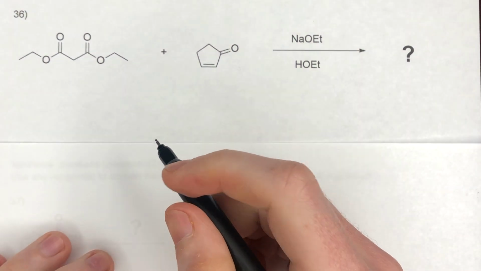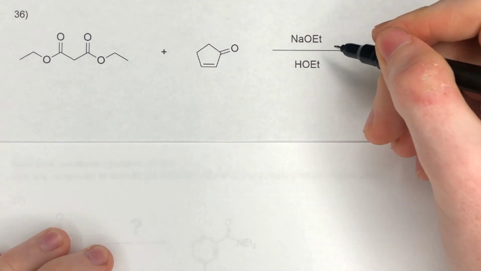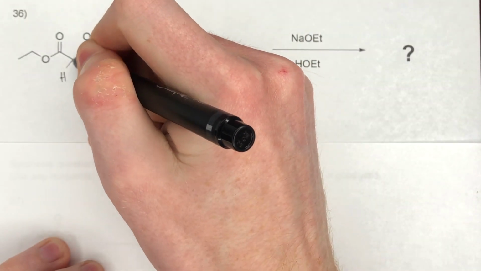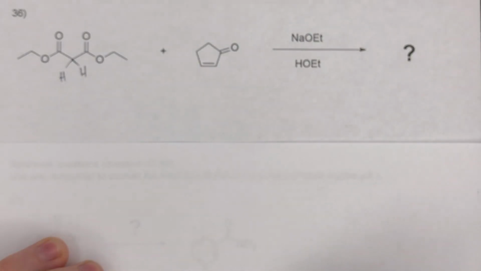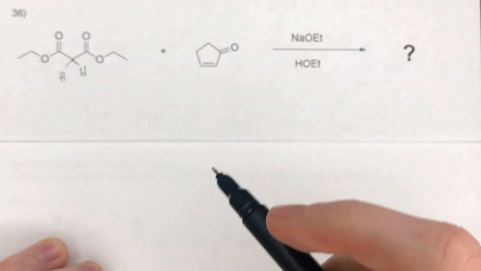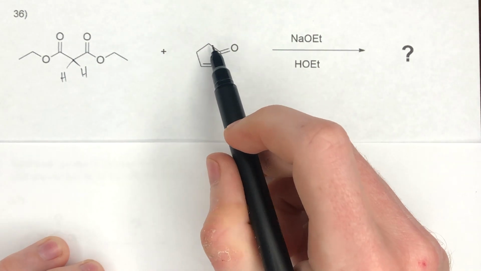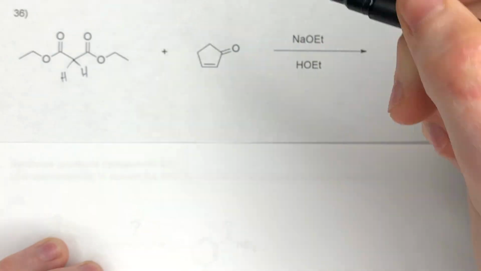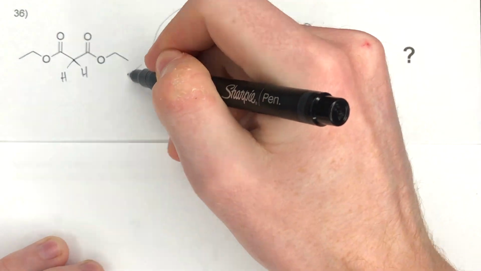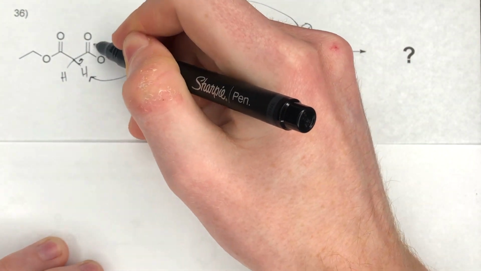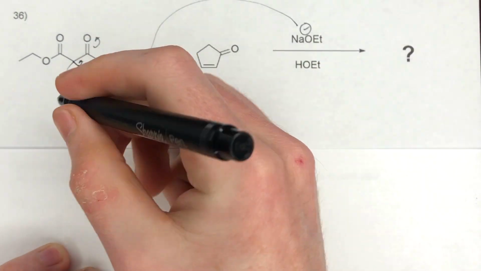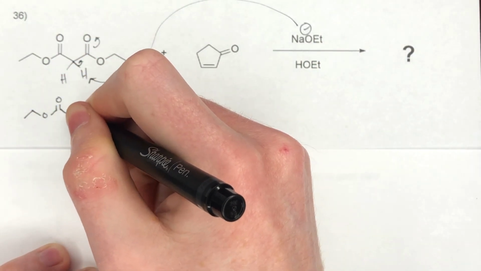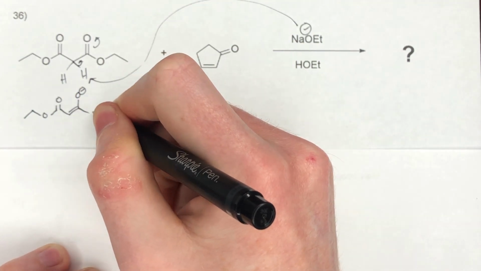So here we have question number 36. Again, we have a strong base in sodium ethoxide, so we're looking for an alpha proton. Here we have alpha protons to remove that are acidic, so we're going to remove those. We also have this position, but this is far more acidic because, again, of the dicarbonyl nature there. So we'll remove one of these protons. Again, it doesn't matter. They're the same. So this is going to produce this enolate,